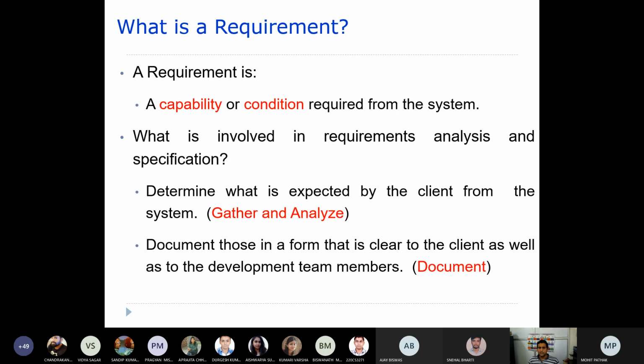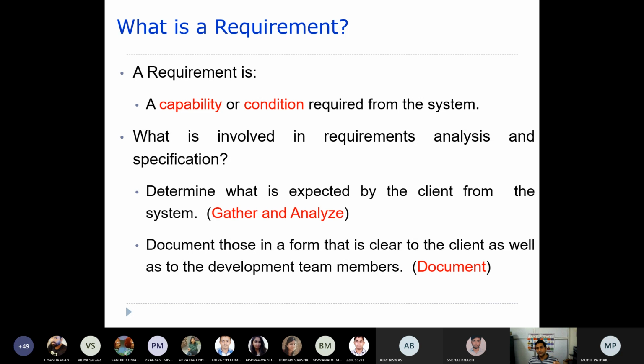So ultimately, what we are trying to do is gather the requirements from the client and then analyze them so as to specify the requirements in a way that doesn't leave any misinterpretation or multiple interpretations.